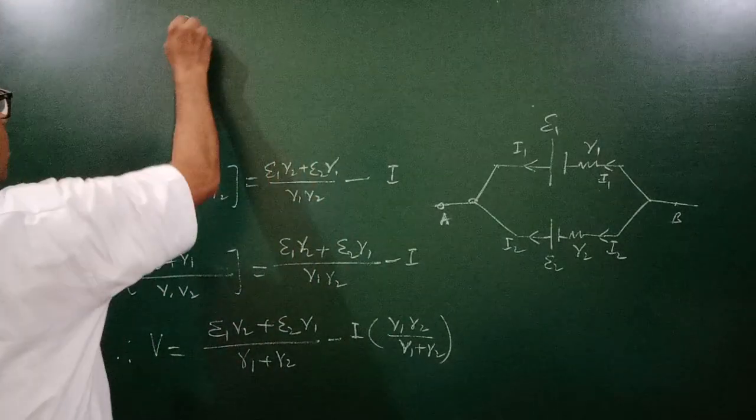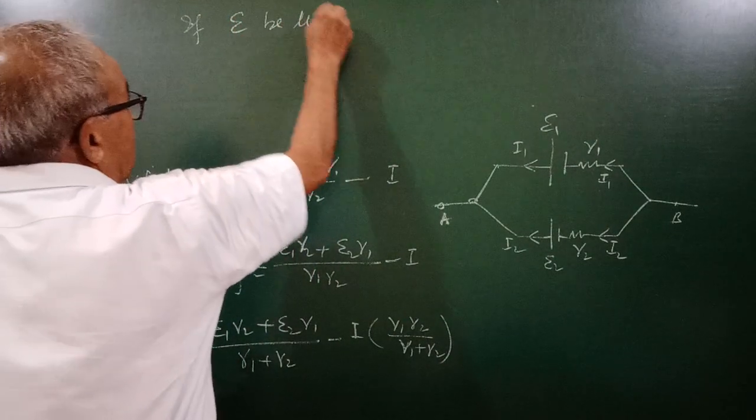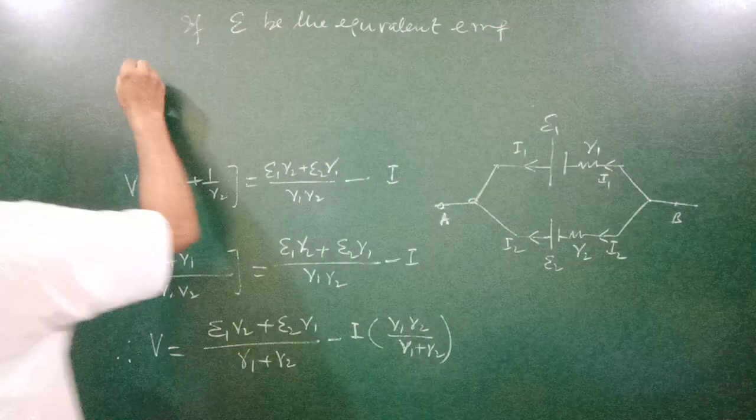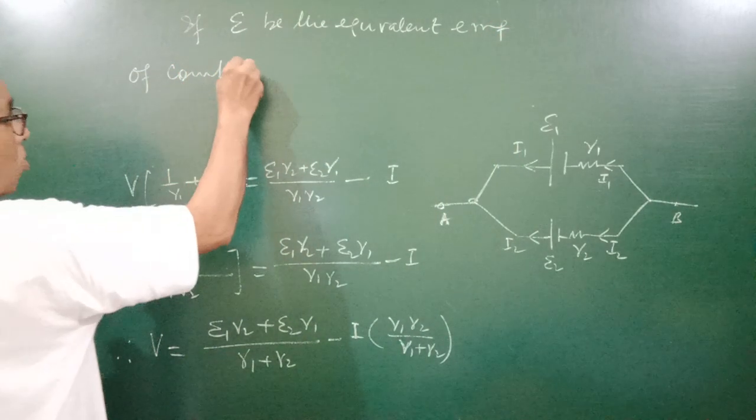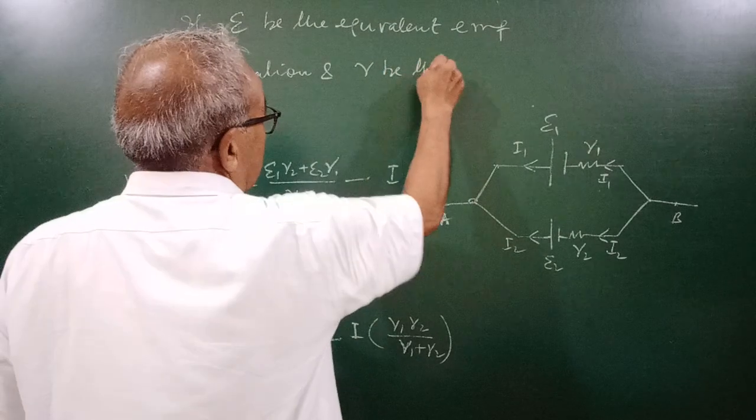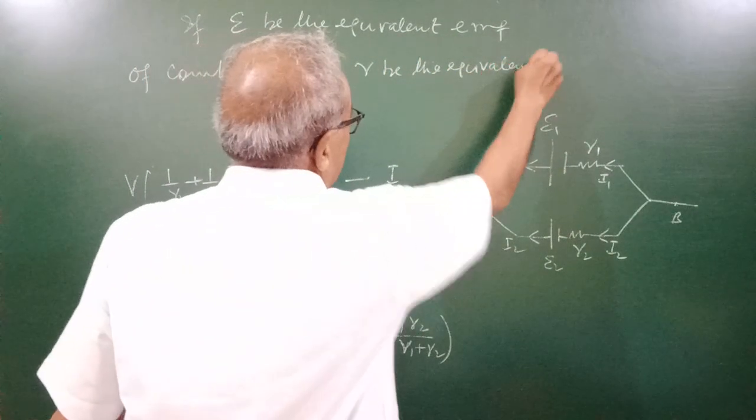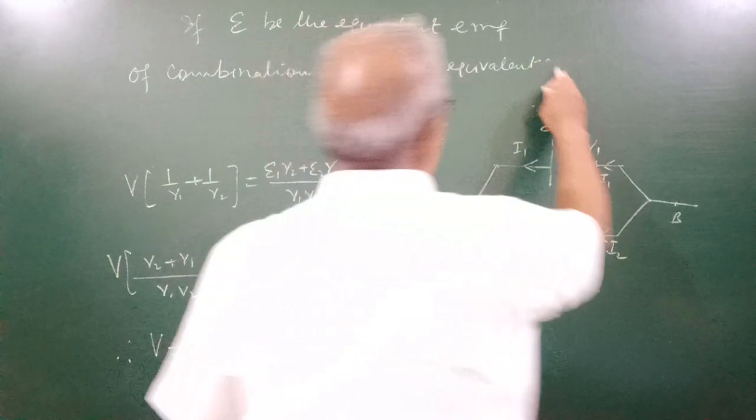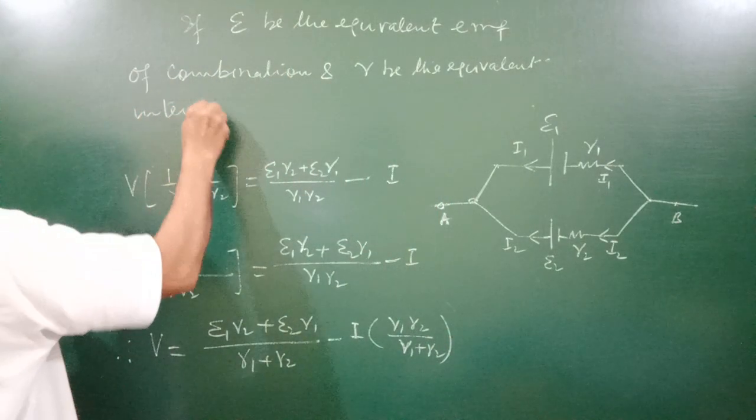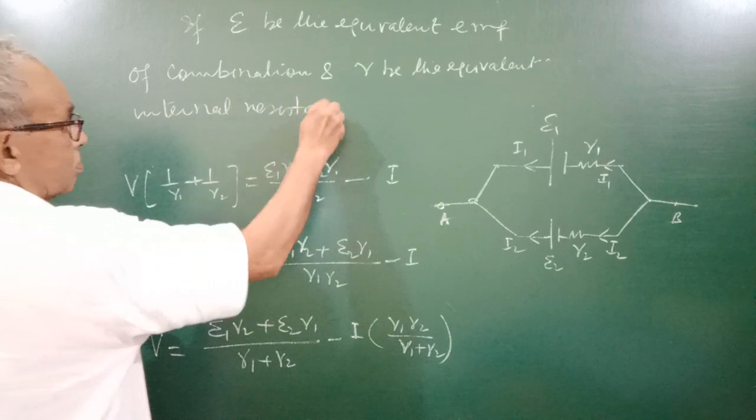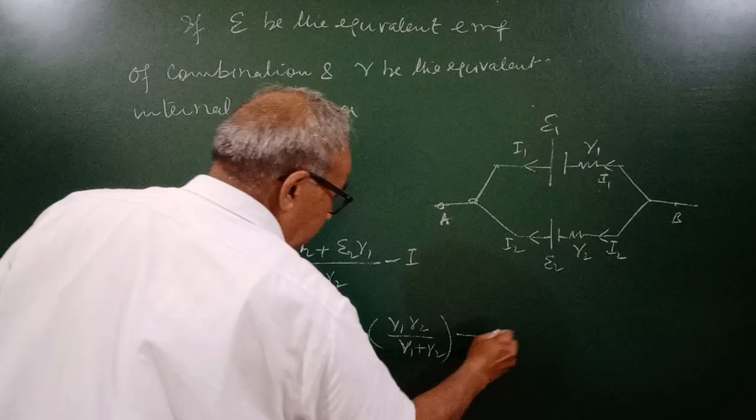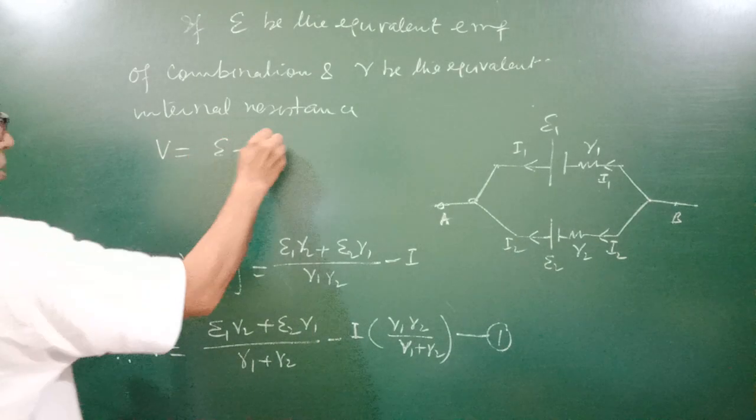If E be the equivalent EMF of the combination, and R be the equivalent resistance of the combination, the equivalent internal resistance, then V equal to, write here equation 1, V equal to E minus IR,